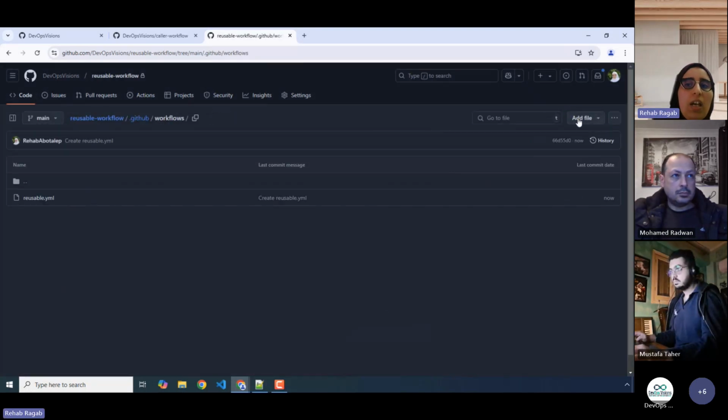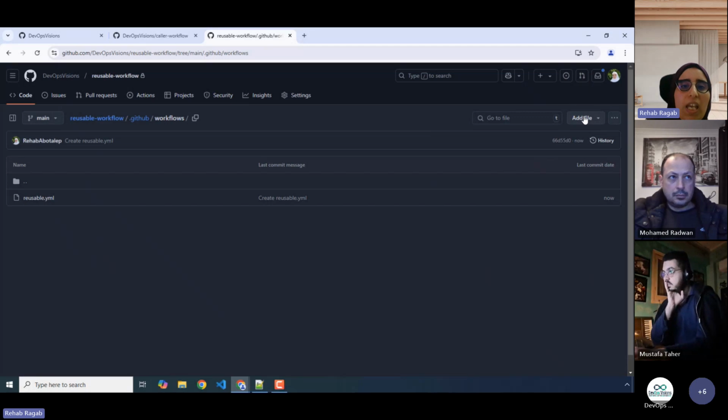Now we have a reusable workflow. How can we reuse or call it? You can call the reusable workflow inside the same repository that has it, or from any other repo in your organization. So let's start by reusing it inside the same repo.